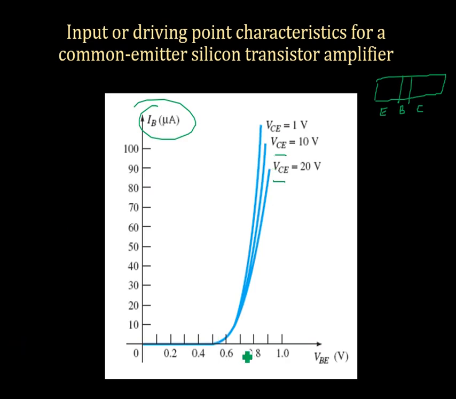So what is happening here? VCE is equal to VCB plus VBE. For a particular value of VBE, if VCE is increased, this VCB will increase, or the collector to base reverse bias will increase. Again, this depletion region will penetrate more into the base region, isn't it? So the base current will further decrease and the emitter current will increase. We are plotting the base current here. So there will be a curve which is moving towards the right as VCE, or output voltage, is increased.